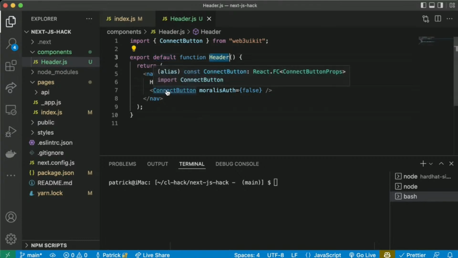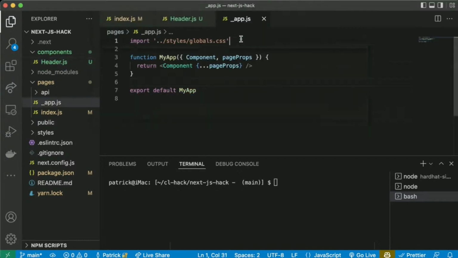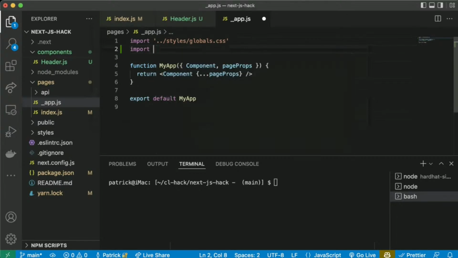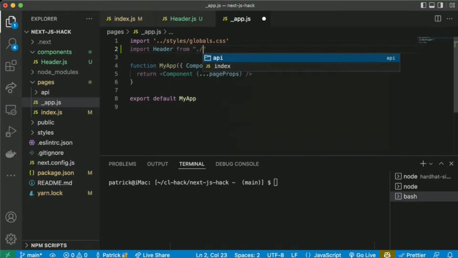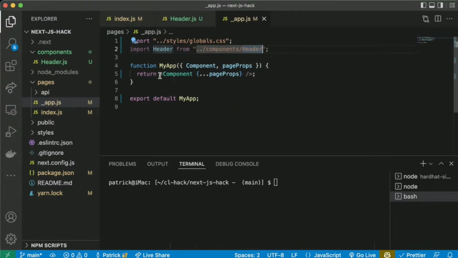And so what we can do back in our app.js is import Header from /components/header. Add this header into our return statement here.